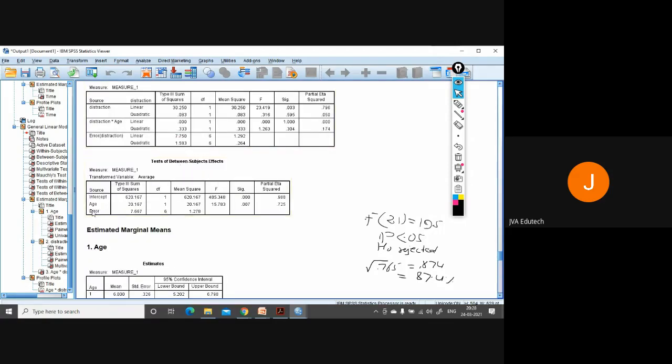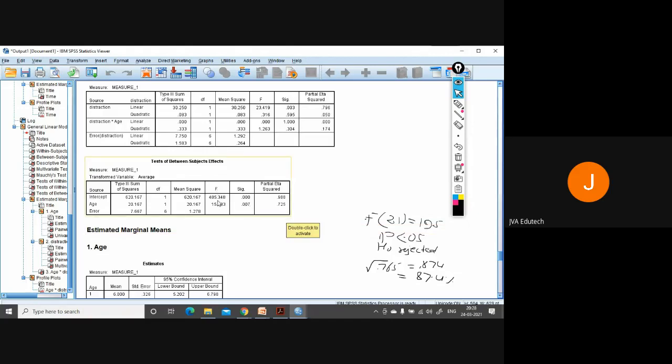And here then at different levels of age, their learning and remembering capacity will be different, with significance 0.007. Then again just take the square root of 0.725, something around 80. This will come also 80%. That will have an effect size of 80% around.